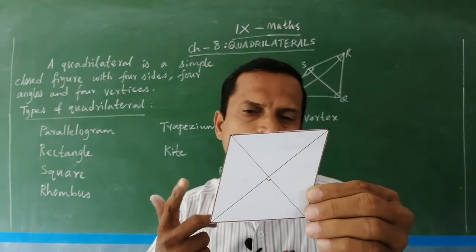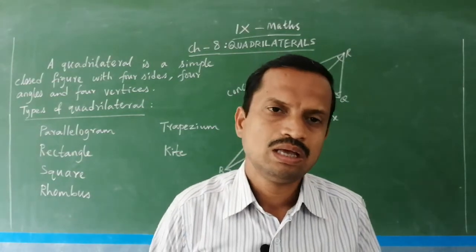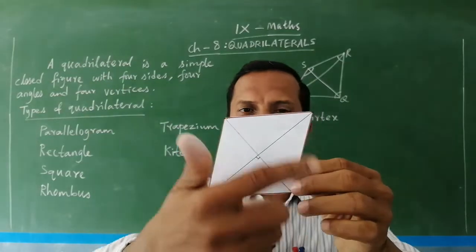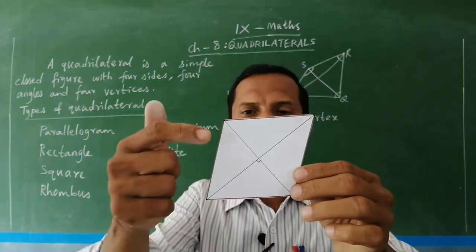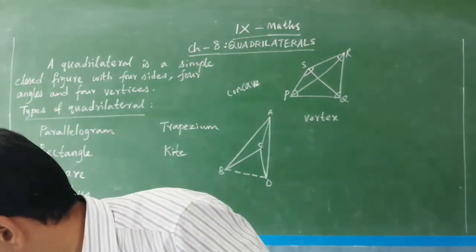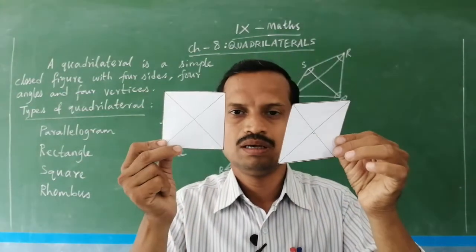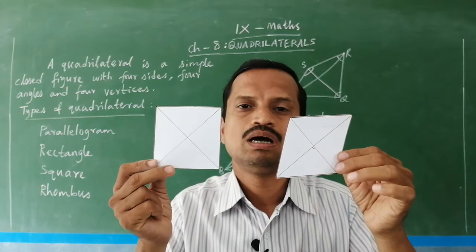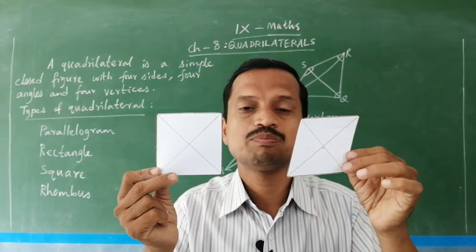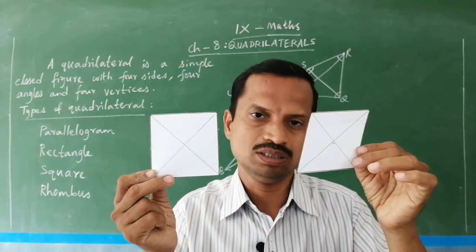The diagonals. If you come to the diagonals and angles, you can find a difference. Clear? In a square, each angle is 90 degrees, but here it is not like that. But the opposite angles are equal, and in a rhombus the diagonals are not equal. Okay. And in both square and rhombus, the diagonals bisect at right angle. That means they are perpendicular.